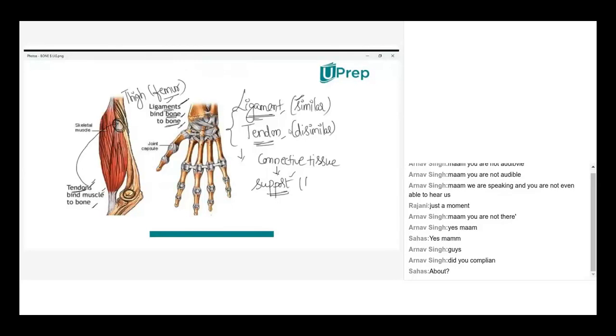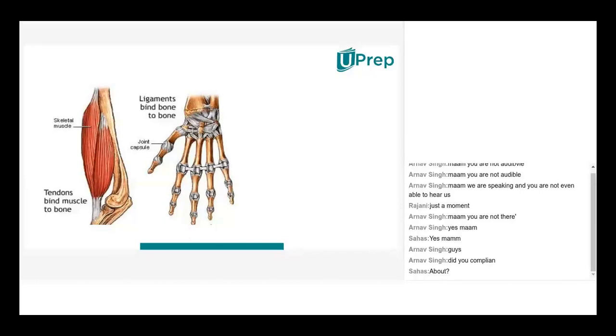They form the framework. They form the backbone of the whole organism, isn't it? So the bone structures and the skeletal structures are supported by ligaments and tendons. So both the ligaments and tendons we call dense connective tissues. Okay. Clear with these ligament and tendon points? Any doubt with this ligament and tendon and dense connective tissue point?